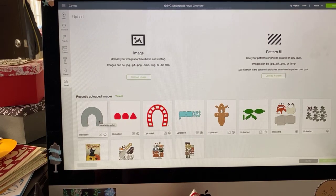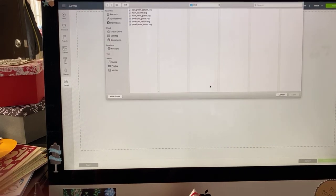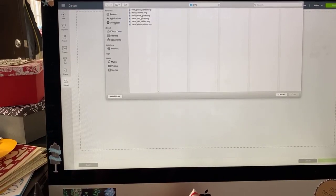So when you purchase something, here's what you'd have to do. Let's say I went and purchased it, downloaded it. I'm going to go to download, okay? And I'm going to go to browse. Now I got here from going to upload here. And then I would navigate to my download file, or in my case, I purchased this a long time ago, so I went to my